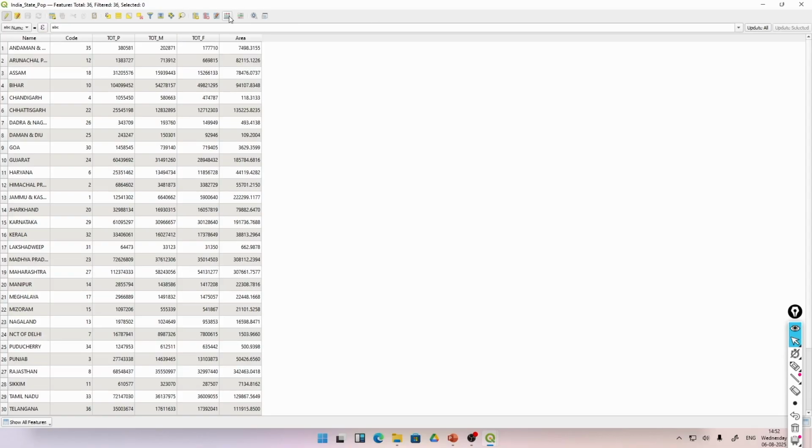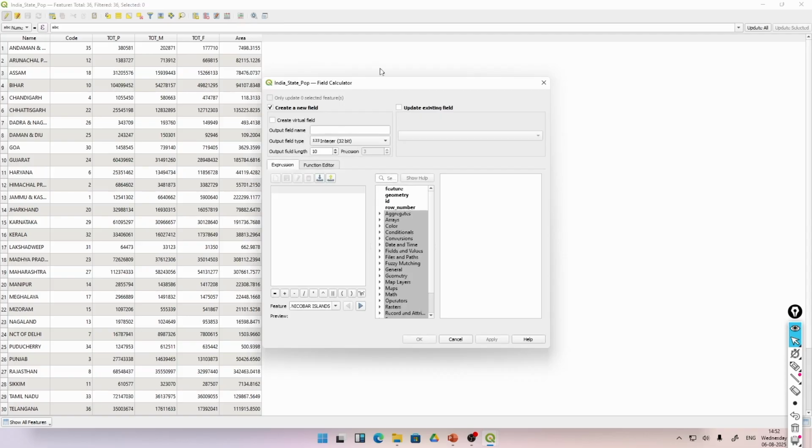Now, the next thing that we want to do is quickly create a population density. So, again we go to the field calculator, then again we create a new field, and then this time I will name it population density, and the output field type I am going to keep as integer and not decimal, because when we talk about population density, it is always in whole numbers. 100 people per square kilometer, 200 people per square kilometer, you cannot have 200.5 people per square kilometer. So, we keep it as an integer,